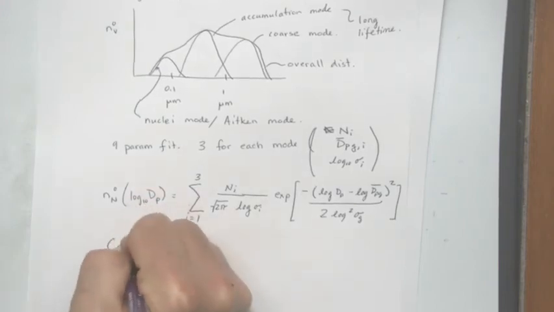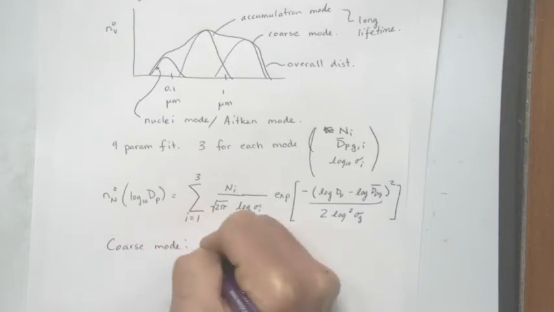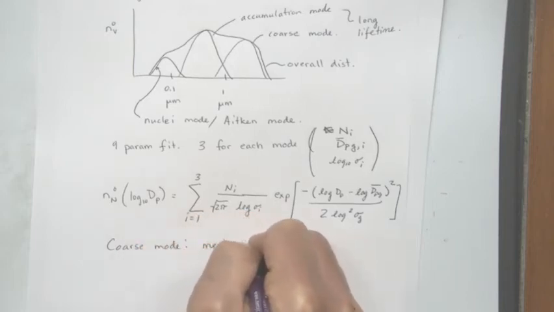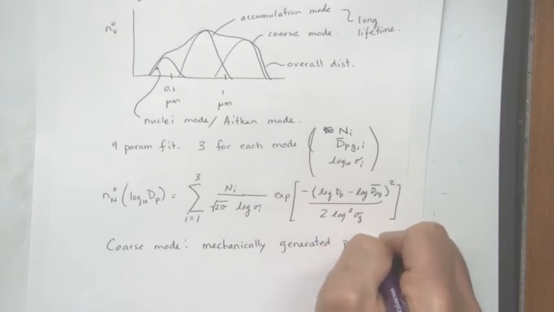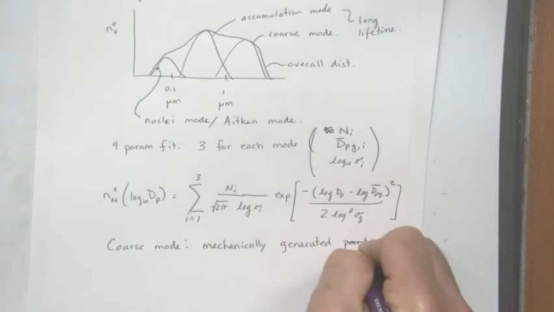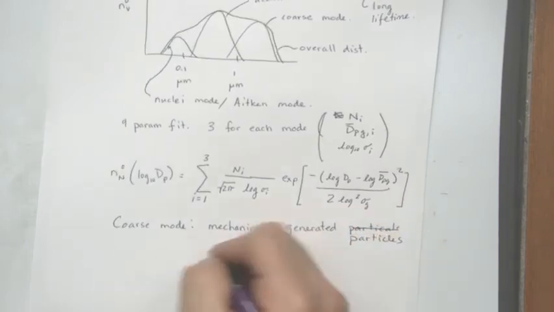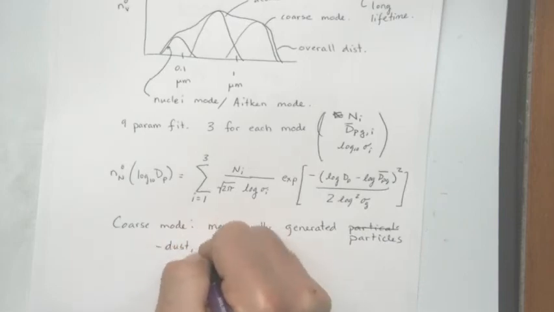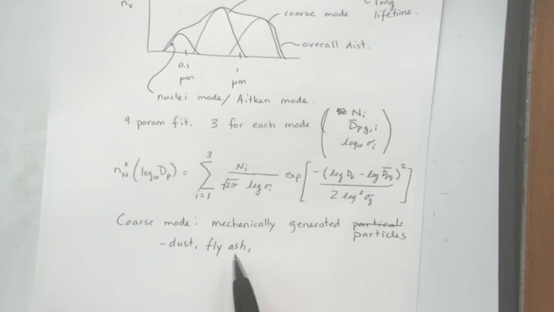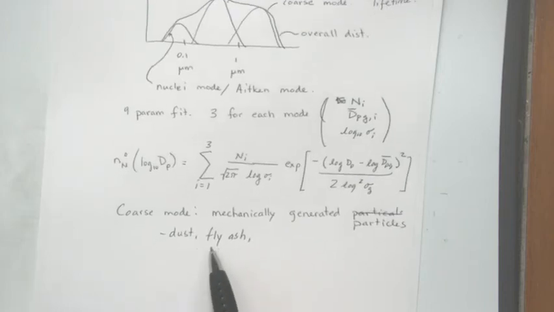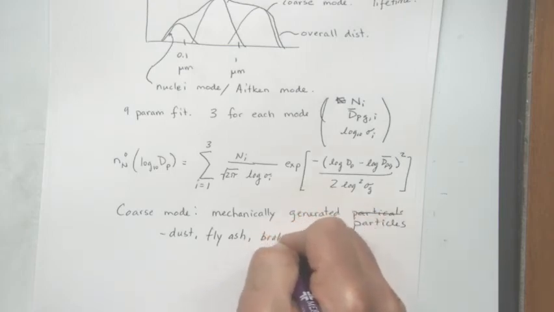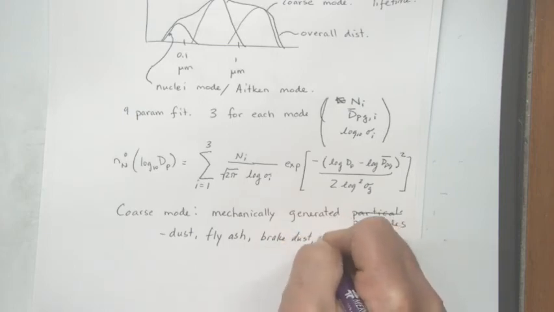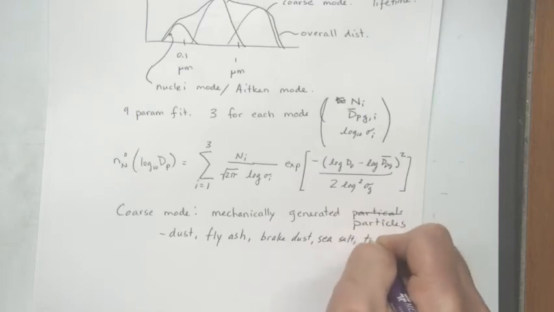The coarse mode is going to be composed of mechanically generated particles, such as dust, fly ash, which is ash from combustion that goes up the stack and flies away rather than being collected in pollution control devices or falling into the bottom of the combustion zone, brake dust, sea salt, tire wear particles,